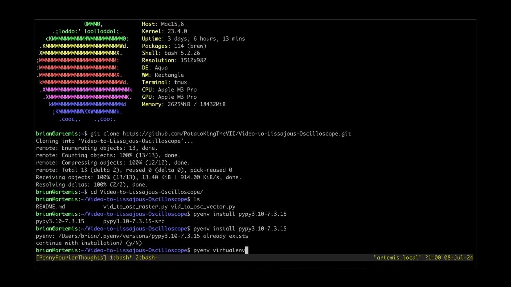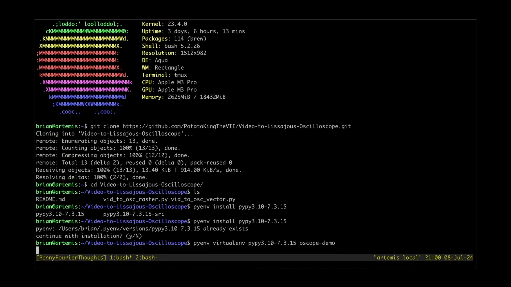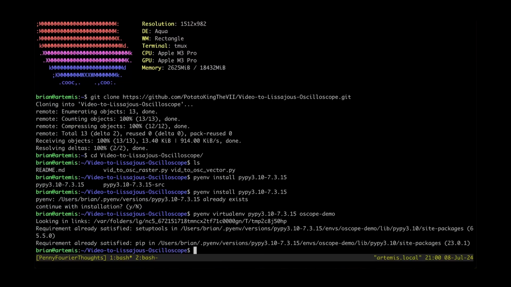So to do that, we just do pyenv virtualenv, and then we give it the Python version we want to base it off of. So this, and then we give it the name of the virtual environment. So I'll just call it oscilloscope demo. So now it's created that virtual environment, oscilloscope demo, and then we want to tell it to use that environment